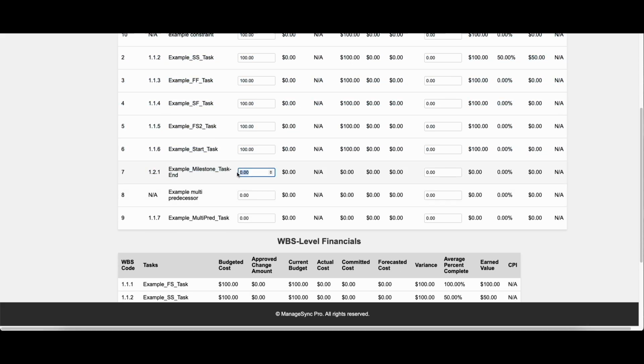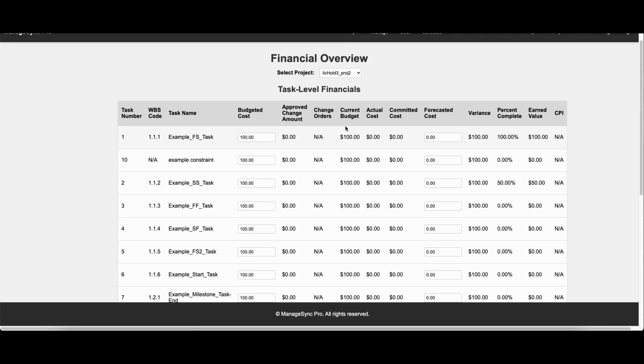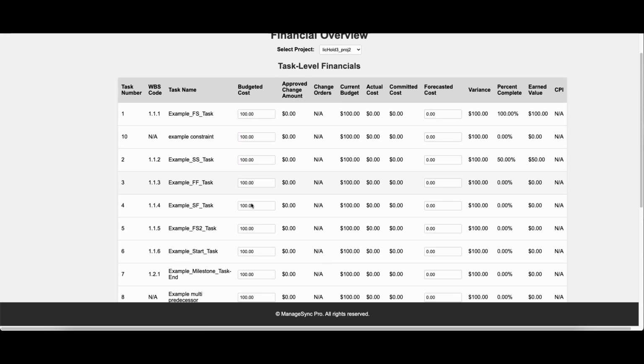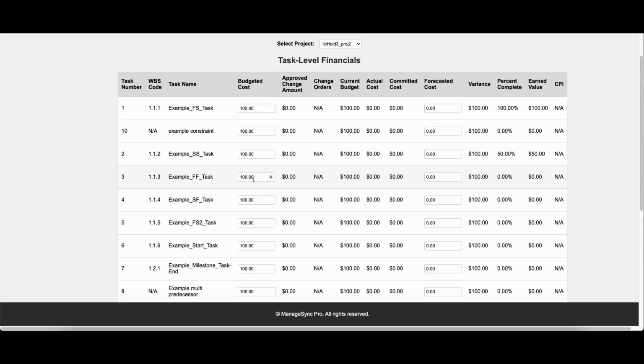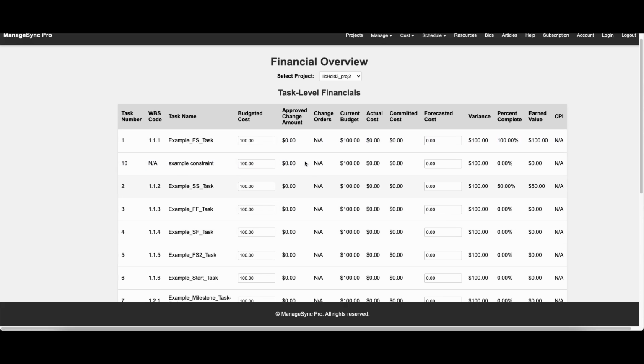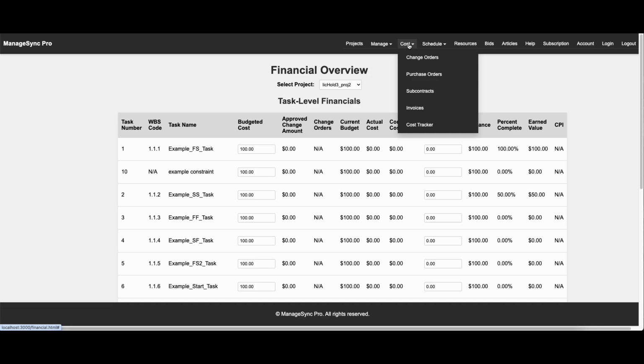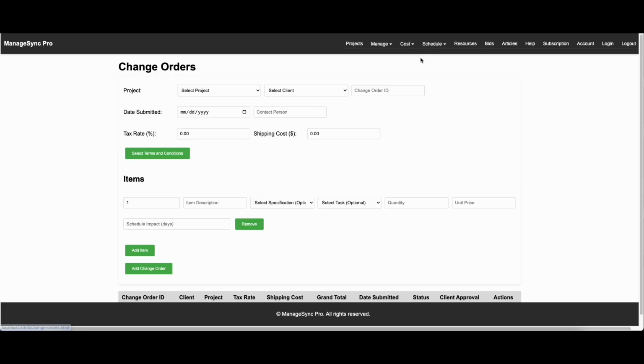We can go through each of these columns to try to make sure they all make sense. Okay, so now we've got our original budget in here, and then we've got approved change amount. So let's do an example for this one first. Okay, let's do a change order. So say that on project number 2,